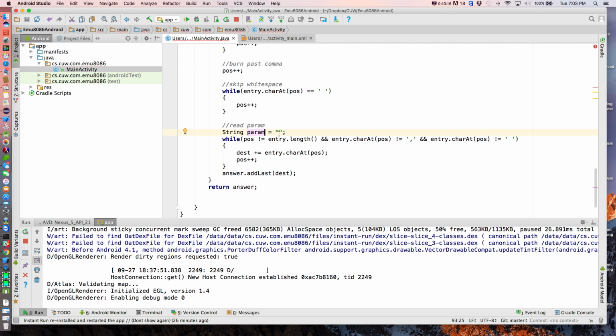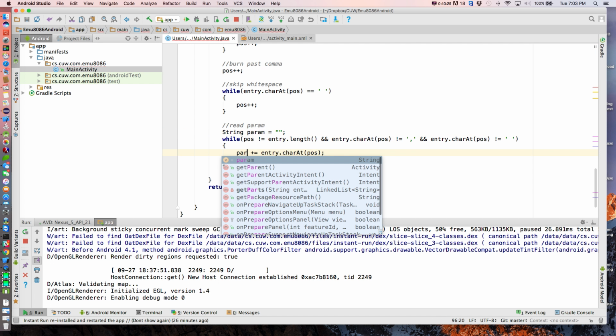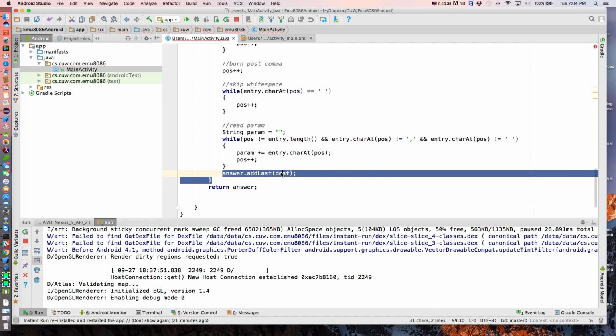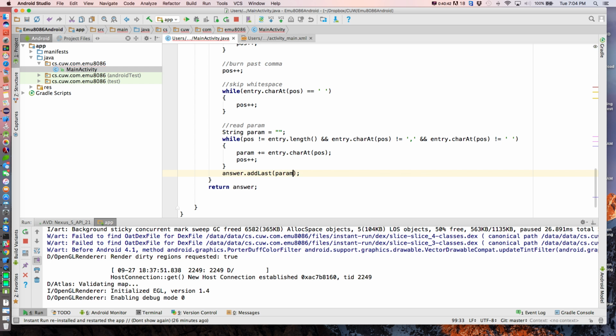So start param off as the empty string, as long as pause is not off the end, and entry is not equal to a comma, and it's not equal to a space. Go ahead and read into param. Next value of entry at char at pause, increment pause, and then we'll add to our answer the param we